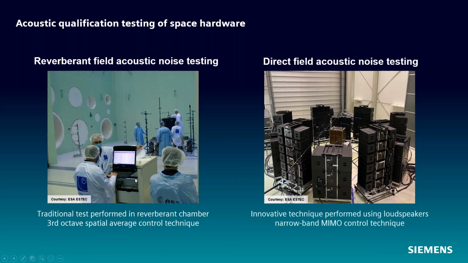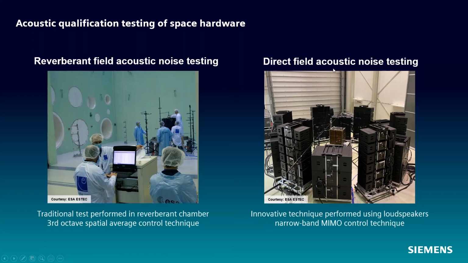And you might be asking yourself, well, what's the difference here? The traditional reverberant acoustic test, or RFAN test as it's called, has to have a specialized facility. So you have this acoustic chamber, and it's not quite so clear in this chamber, but there's this big, thick concrete door that slides across this threshold here and closes the test article in completely in this reverberant chamber. These cost millions of dollars to build, and you can't move them, and you pump nitrogen through these horns, and it bounces all over and creates this acoustic field that affects your test article.